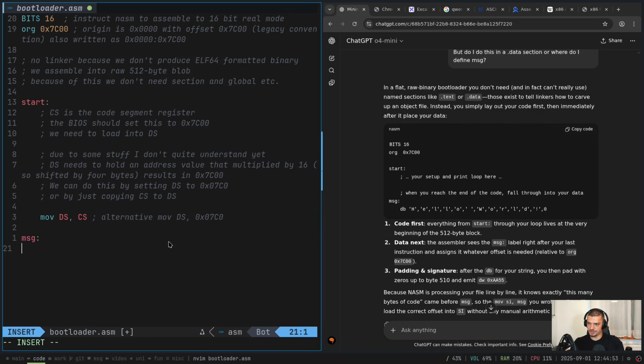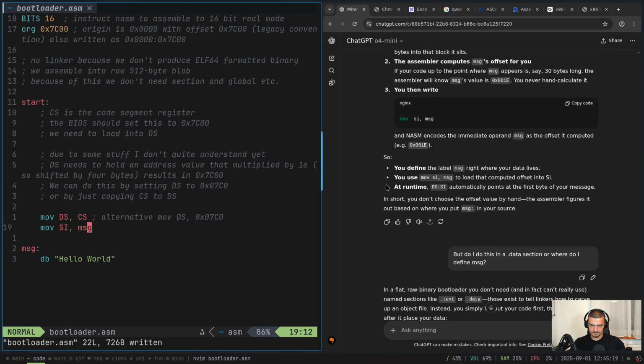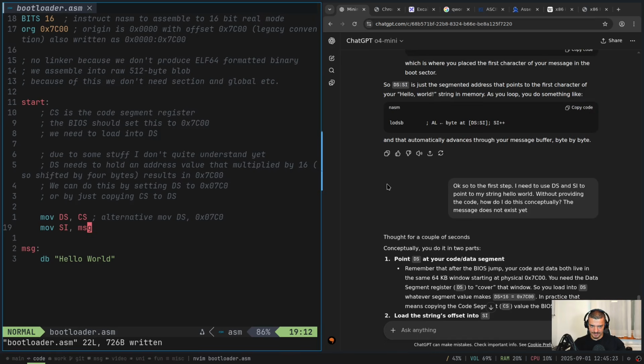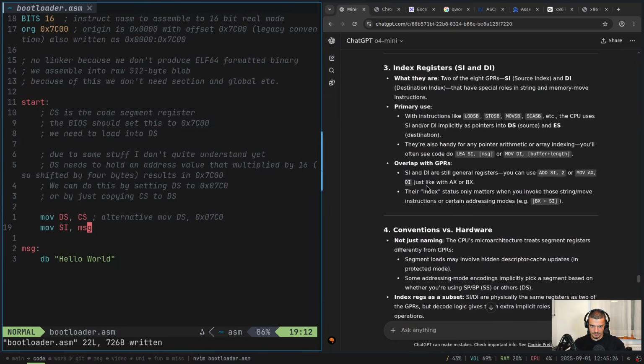So I say message, and I say db. I'm not sure if I can just say hello world like this. I'm not sure if I need a null terminating byte. Let's just do it like this. And then essentially what I do is I load into this the message as an offset. So if I get this correctly, it was the